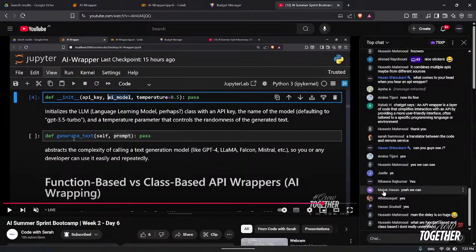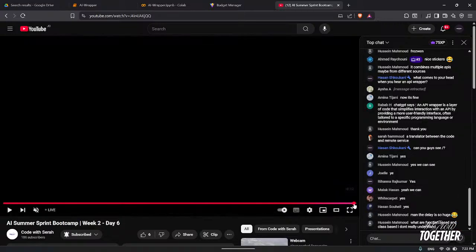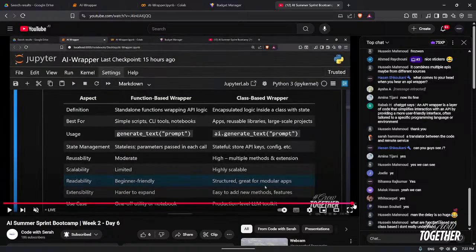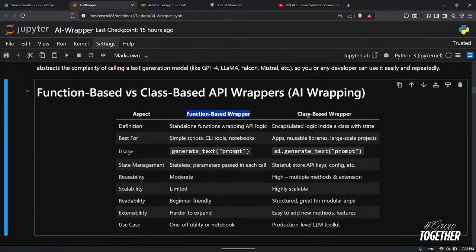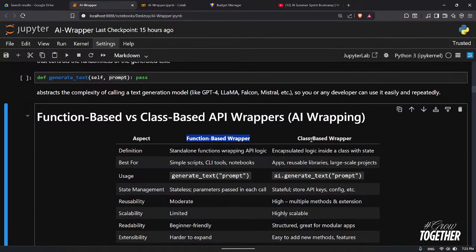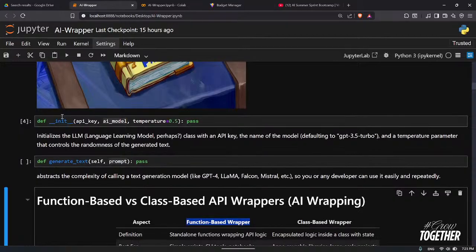Okay, let me go through it one more time. In short, function-based wrappers are just like regular Python functions that have calls to APIs that use AI, right? Class-based wrappers are the same functions but inside of a class, where the attributes are passed to the initialization function. I'll show you that in the practical part in a bit,